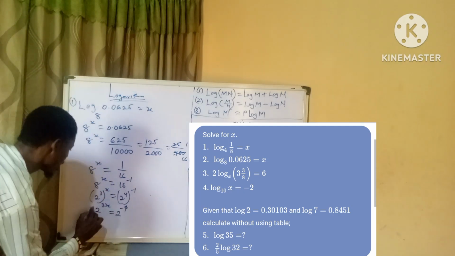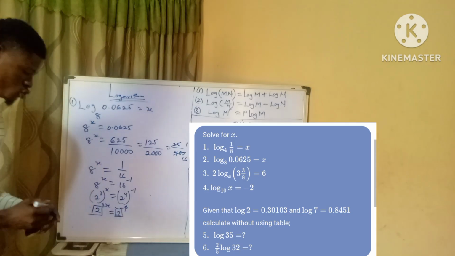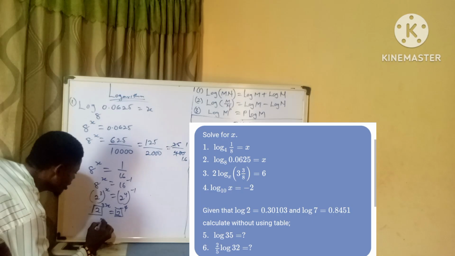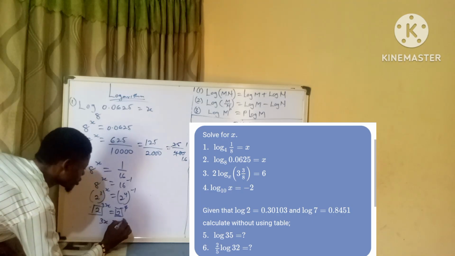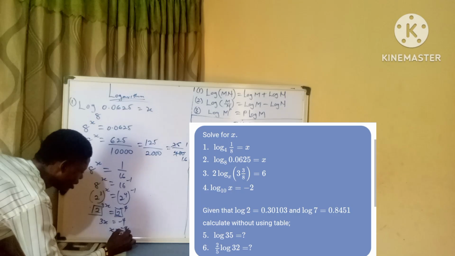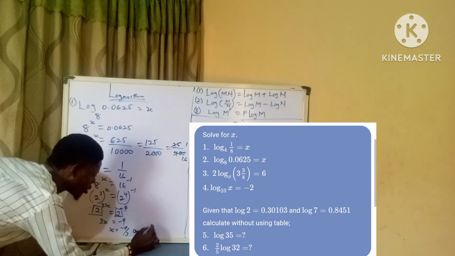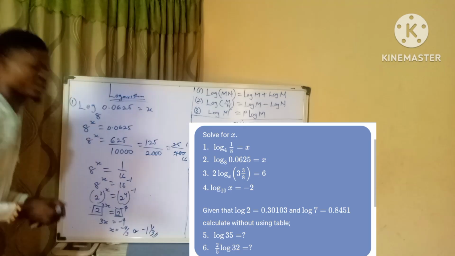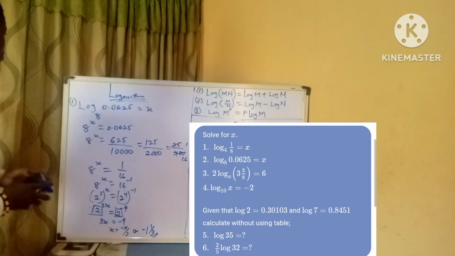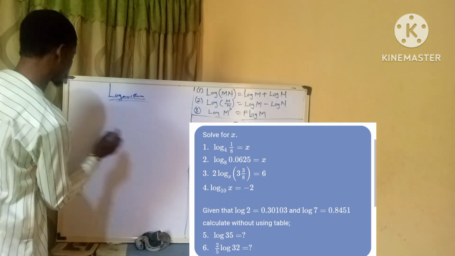Isn't it? Now, the bases are equal, so you can now compare the power. So now, 3x is equals to minus 4. So your x is equals to minus 4/3 or minus 1 whole number 1/3. That is the solution to the second question. So now let's move to the third question. Third question states that